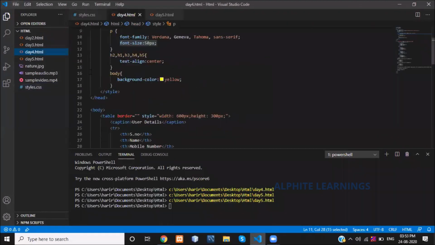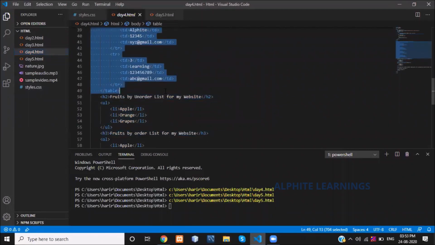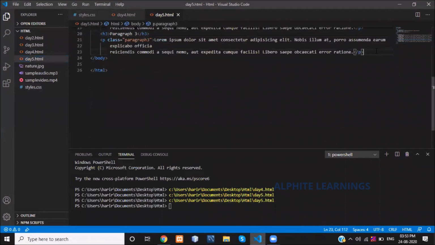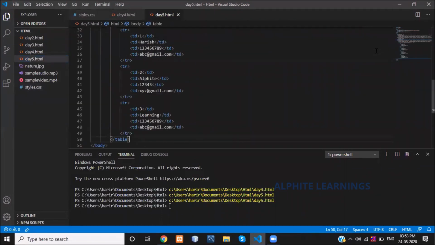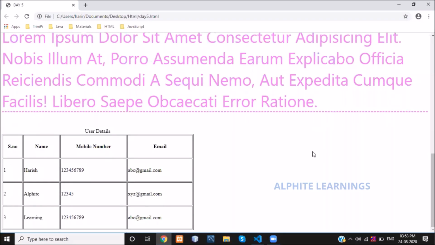For that, I am copying the table content that we used in day 4. I have used my day 4 table, and I got my table here. How to give the style for this table, how to give the font size, color, and whatever we need to style our table. The first thing I'm going to